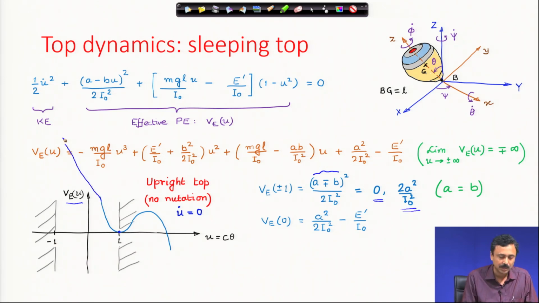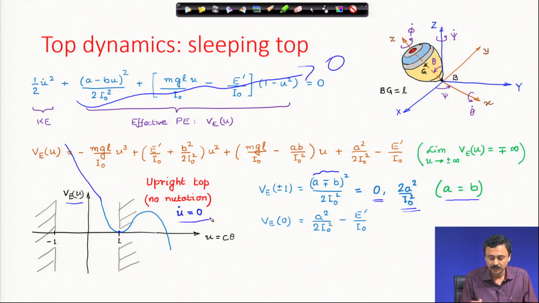As we can see, this goes up and there it will be positive, but at +1 it is going to be 0, and therefore we conclude that A must be equal to B. These two constants must be the same. And here, because the potential energy is 0, this whole thing is 0, therefore u dot is 0, as we have noted,